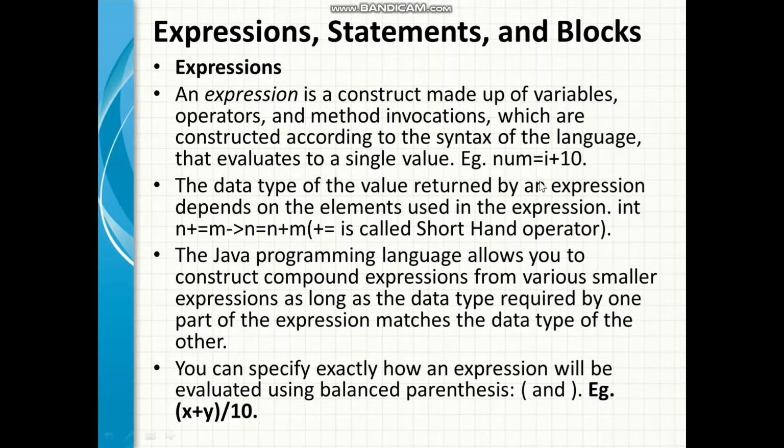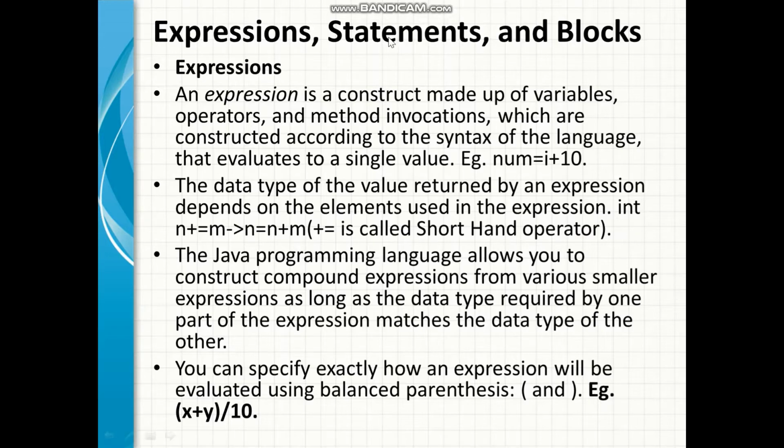Now if that expression holds some operators along with the variable, like adding, subtracting or multiplying, that is called a compound expression. These expressions make calculation possible and make it easy to put them in statements.